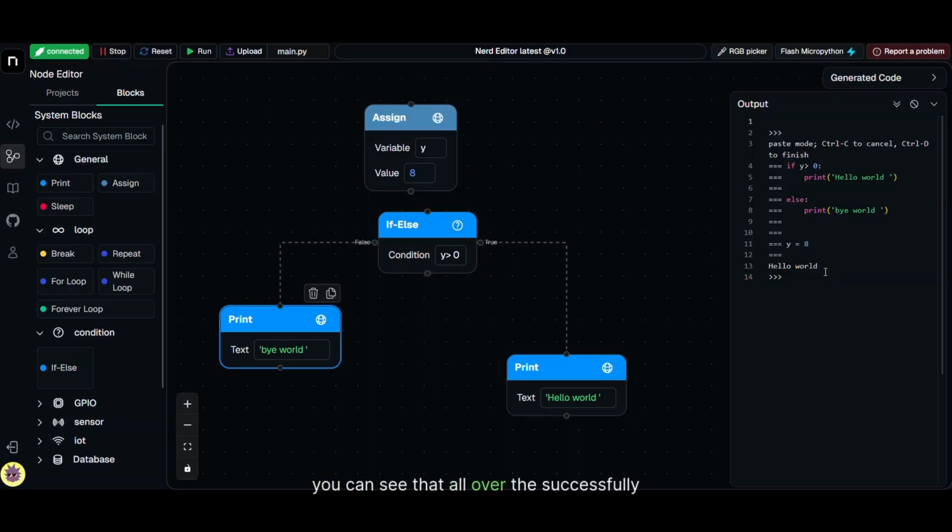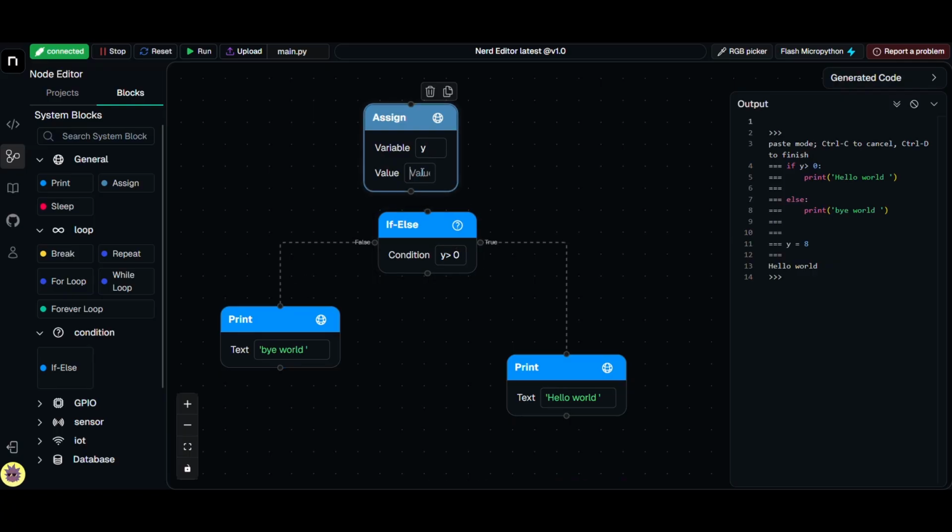You can see that hello world is successfully printing. This is because y, 8, is greater than 0. If I assign